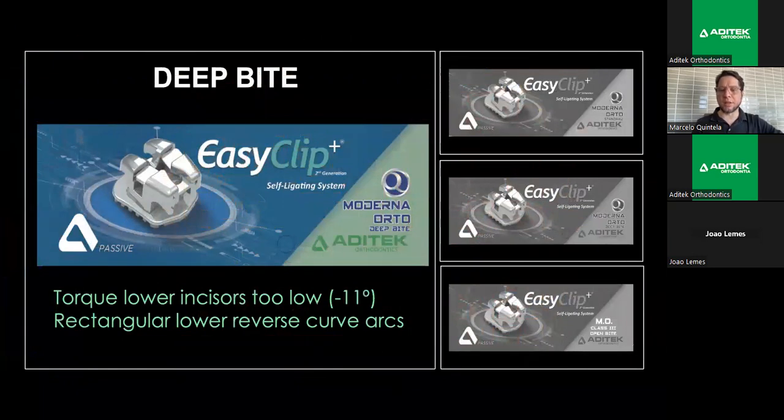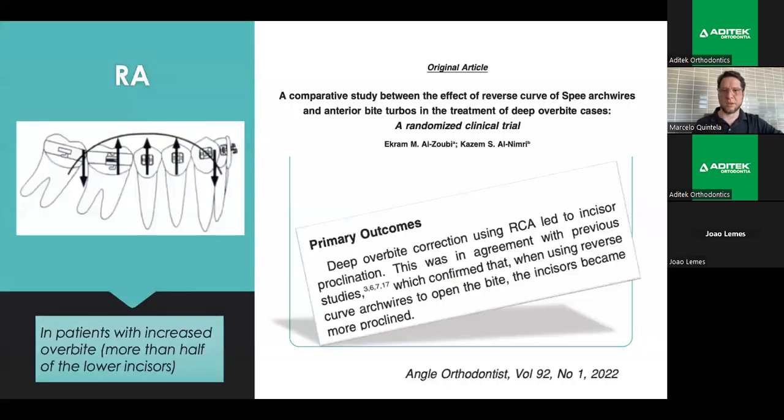And another prescription that is very important to speak about is the deep bite. Because in the deep bite, there is a lower incisor torque of minus 11. Why? Because we work with rectangular lower reverse curve archwires. In this article,